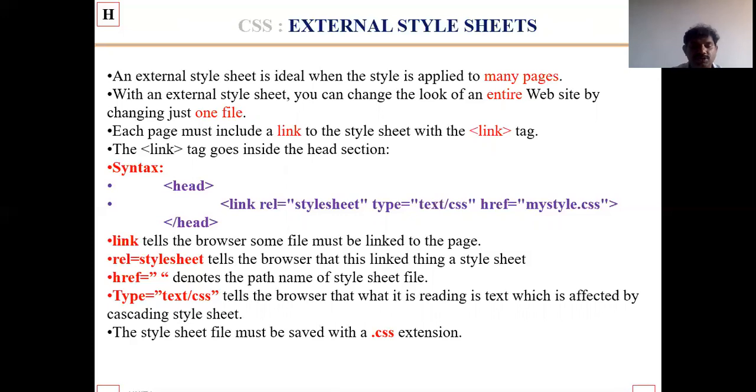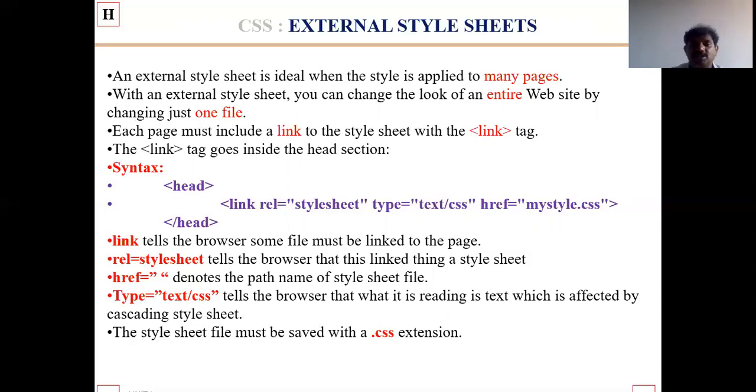Rel equals stylesheet tells the browser that this link is a style sheet. Href with quotation denotes the path name of this style sheet file. Type equals text/css tells the browser that what it is reading is text affected by the cascading style. This style sheet file must be saved with a .css extension.